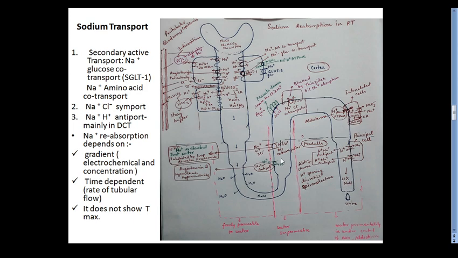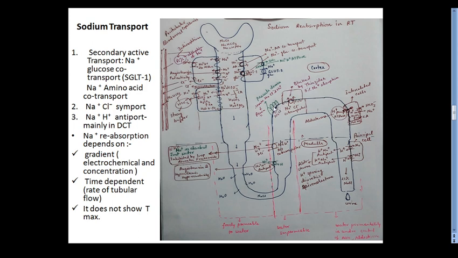Now here we will discuss different diuretics or different hormones, how they regulate these ion channels for the secretion or for the reabsorption of sodium ions. So first of all, in the PCT there is a sodium and hydrogen ion antiport. It is regulated by the angiotensin hormone. How does it regulate it? Basically, when the tubular fluid passes from the loop into the DCT, and if the concentration of sodium and chloride ion is less, it is sensed by the macula densa,